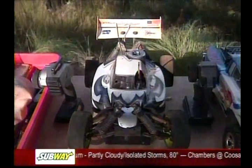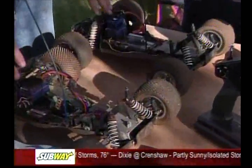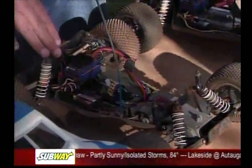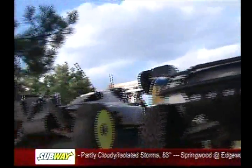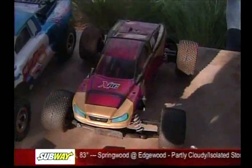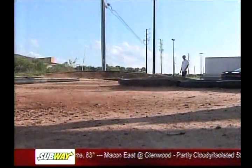I knew very little about racing RC cars. Phil Boone was not only my challenger, but a well of knowledge when it came to the popular hobby. This is a great entry-level truck. It's about $200. You're ready to run with your charger, and you can come out here and have fun. The cars, of course, come in different shapes, sizes, and prices. You can customize them to your heart's content. But the biggest question on my mind...